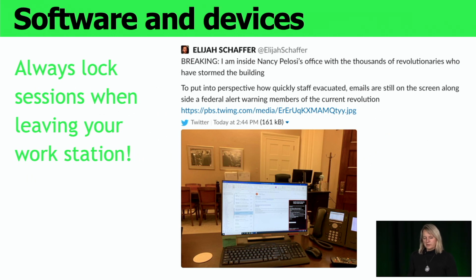Also, when talking about good behavior, you should always lock your screen when you leave your workstation. It's not really common, but the picture here is a good example that this habit can protect you if it's really a routine.